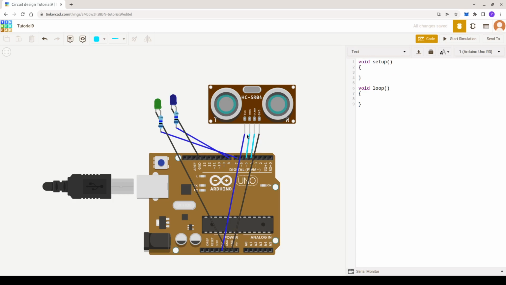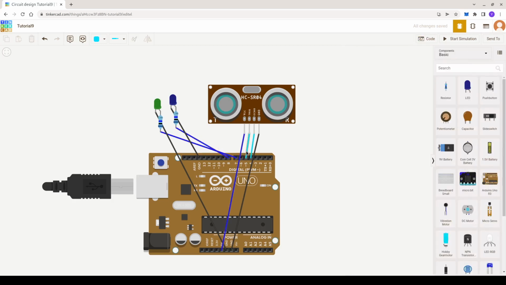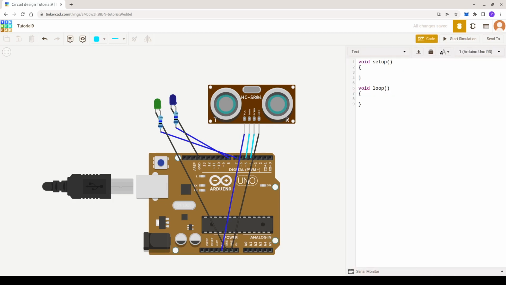Now we all know, guys, the LEDs are an output. Trigger is also an output because it's transmitting, right? So it is transmitting ultrasonic. But the echo pin is a receiver because it's taking in the ultrasonic wave. Because of that, in the pin mode we will set the fourth one, the echo pin, to